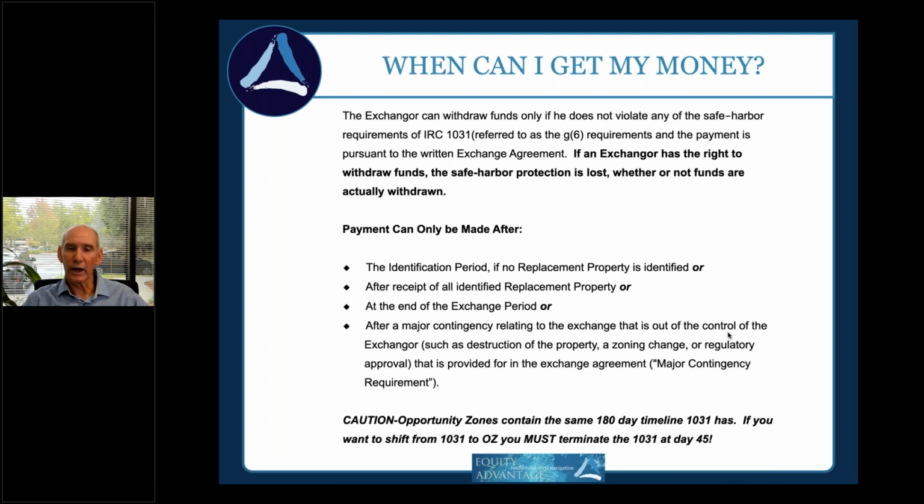Understand an OZ, you've only got 180 days. It's the same 180 as 1031 contains to commit and get some money into it. So if we've got your money and you shift gears, you say, hey, I want to go into an OZ instead. Well, if you're inside the 45 days, we can give your money on day 46. If you terminate inside the 45, and you have no ID there, you're not entitled to buy anything after the 45th day. Therefore, we can give you your money.